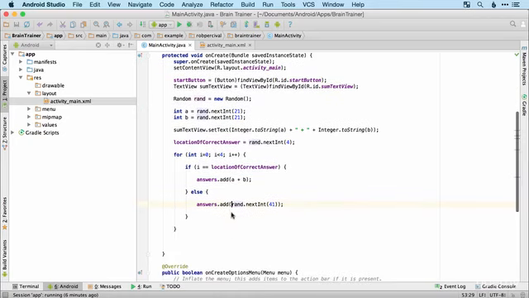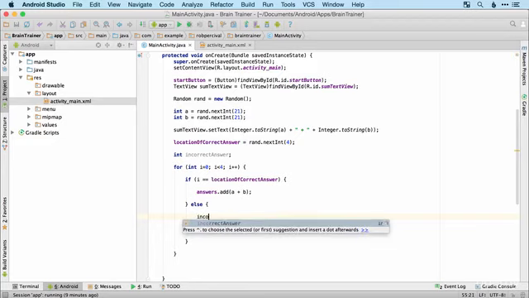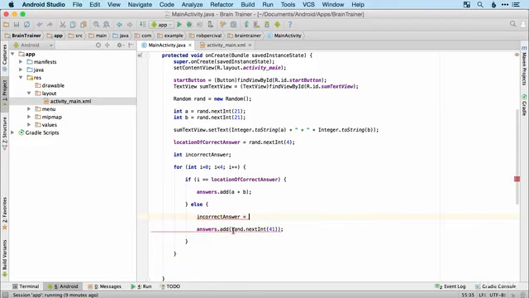Now there's a potential issue here. It's possible that we could generate a random number which happens to be equal to the answer, and then if the user tapped that, they would get it wrong. So to get around that, what we'll do is create an integer called incorrect answer, and then here we'll generate an incorrect answer in just the same way